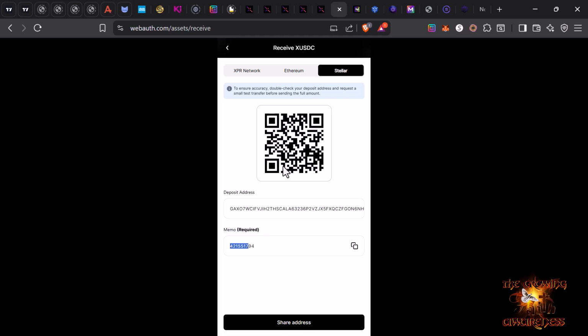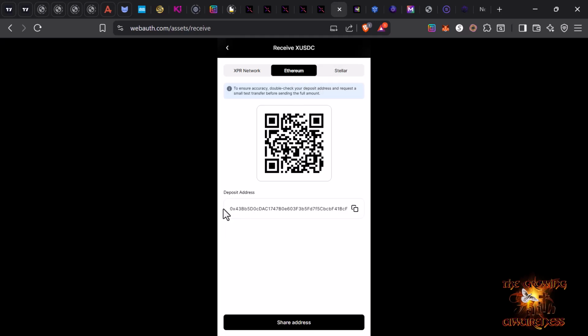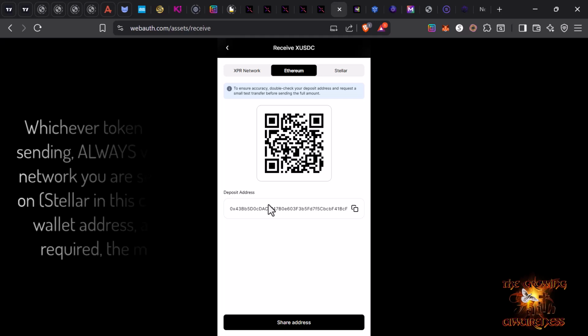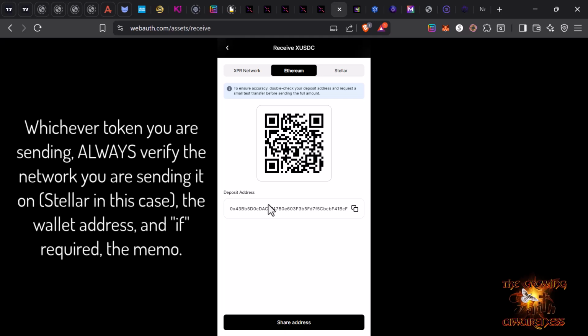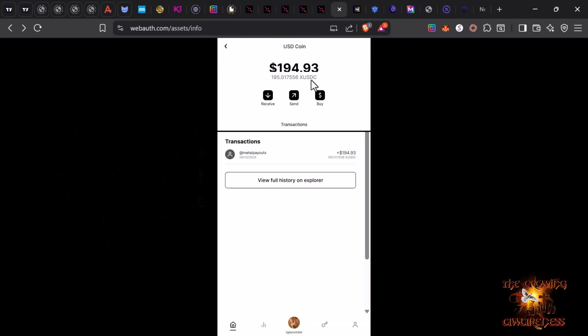Or if you're using Ethereum, just your Ethereum address, make sure it is correct before you actually send it from the exchange to your WebAuth wallet. Always verify the address, or the address and the memo, or you could be waiting a very, very long time, like months, to get that money. Okay? Always verify it. But anyways, we're going to wait, and I'll be back when this is wrapped